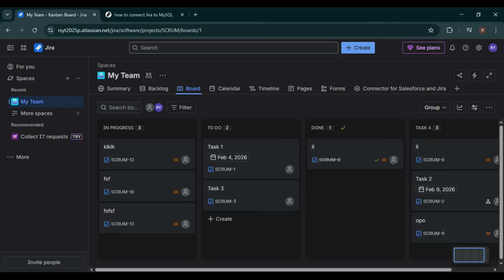We'll be using a trusted marketplace app that works directly inside Jira and offers a free trial so you can